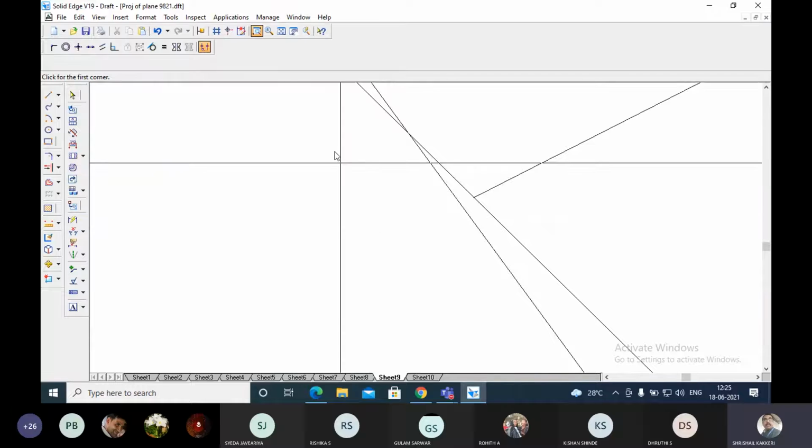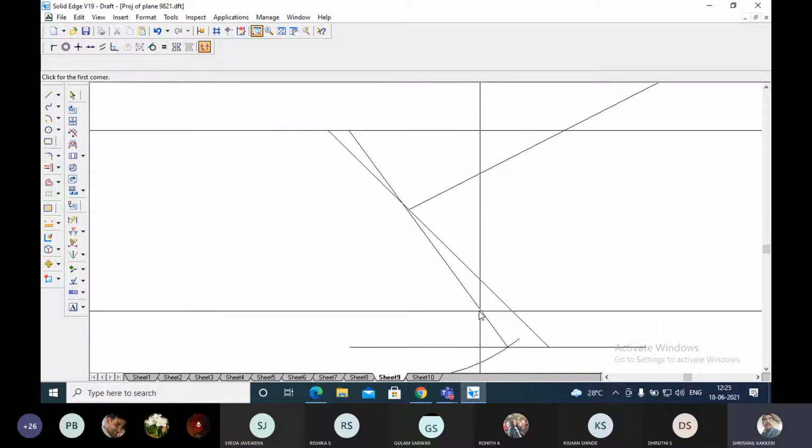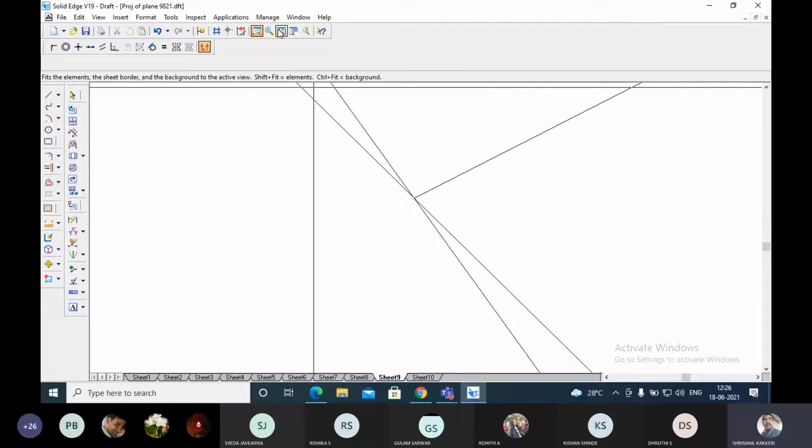See, it is not coinciding. I have not taken the end point properly. Line from the intersection of these two to the end of this one. End of this. Now it will be okay. Extend this line. Now you can see here at this point the intersection is correct.